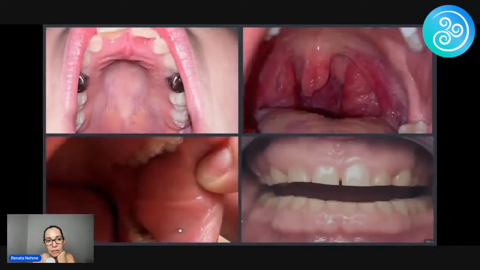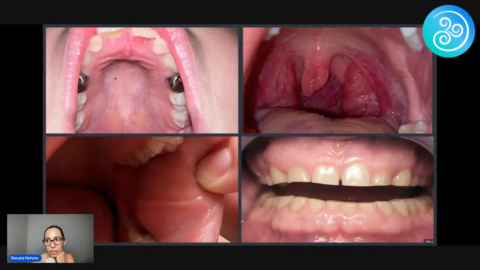But if they have, what else? High vaulted palate, that's this one right here on the upper right, upper left is a bubble palate. Enlarged tonsils and a bifid uvula. If you see that little uvula with a split in the middle, 78% chance of that patient having a cleft palate, a submucosal cleft. And then if they have a lot of wear, if they have linea alba, so if they're clenching and grinding their teeth, these are all things we have to look for.